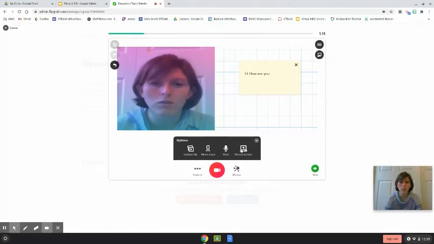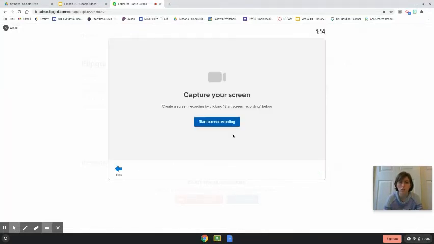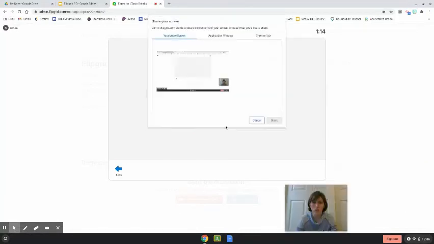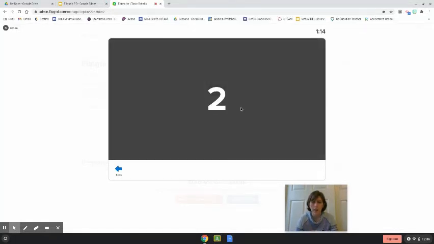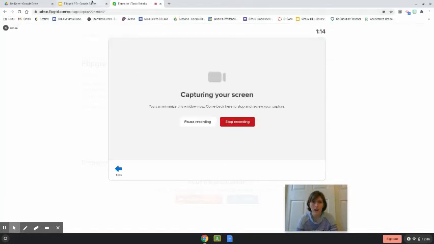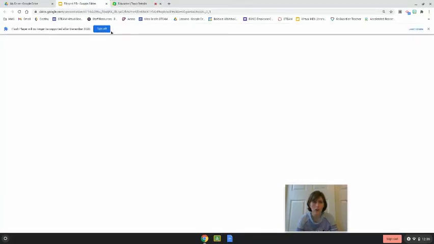I do use the record screen feature a lot. This allows them just, much like Screencastify captures our screen as we're recording things. Students can choose record screen, start screen recording. A lot of them don't realize they get stuck here. Why can't I share? You have to click on your screen and then click share. It will count down. And then whatever you are showing,